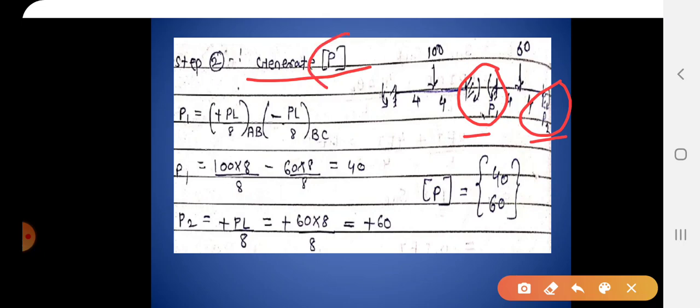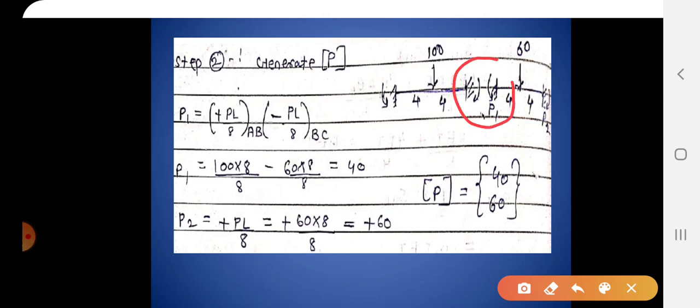Yes, P is nothing but the force required to produce the displacement. Okay, so what is force at B? That is at first redundant. Redundant is theta B, and the corresponding force will be moment. Moment is required to produce rotation. Therefore, total moment at B will be equal to P1. Okay, and total moment at C due to external load will have the value of P2. Okay, so we will go one by one.